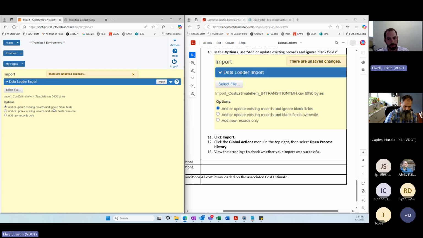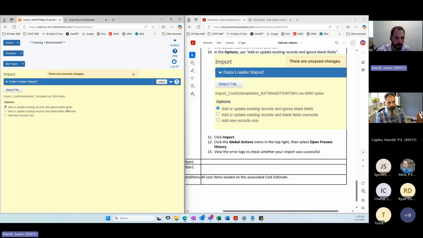We strongly recommend doing that within the cost estimate itself. And it's also best practice to only use this feature when uploading all new items into a cost estimate. So if you already have items in there, it can duplicate records easily, it can overwrite records, it just gets really messy, and I will show what some of those look like.